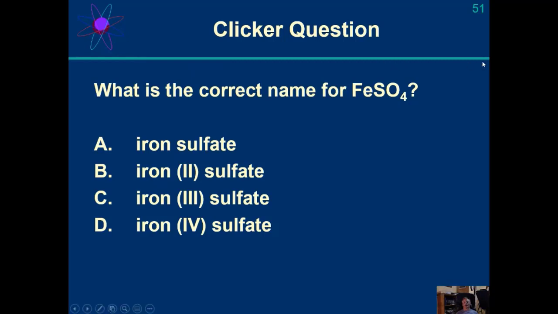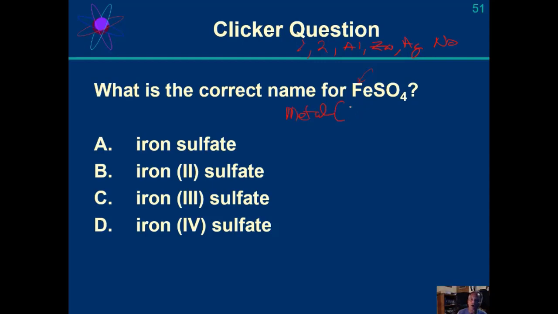Ionic or molecular? Well, this is a metal, and it's got a polyatomic anion. So this is an ionic compound. Okay? No prefixes, and is the metal of known charge? Is it group 1, group 2, is it aluminum, is it zinc, or is it silver? And the answer is no. So here's our naming scheme. We need to name the metal,